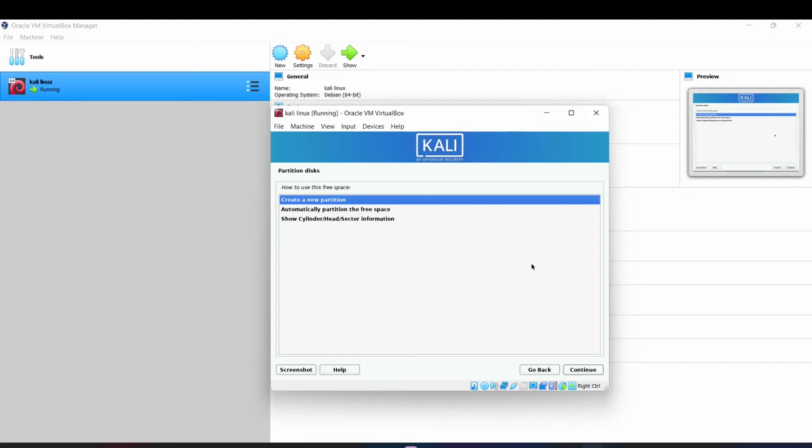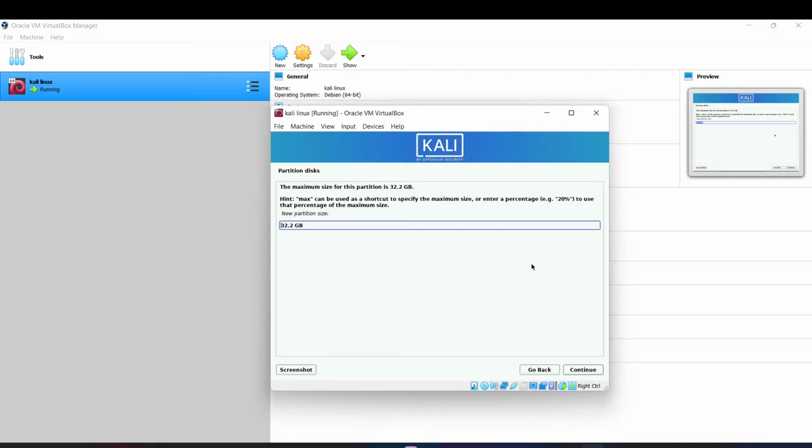So create a new partition, just click on create a new partition, and here select 27 GB, and the remaining 5 GB is going to be for the swap memory. Swap memory means if your hard disk is busy, or if your allocated RAM is busy. In this video, I have allocated 1 GB RAM for this VirtualBox. But if the 1 GB RAM is busy and it needs more power, it is going to share some of the memory from swap memory. This is what swap memory means.